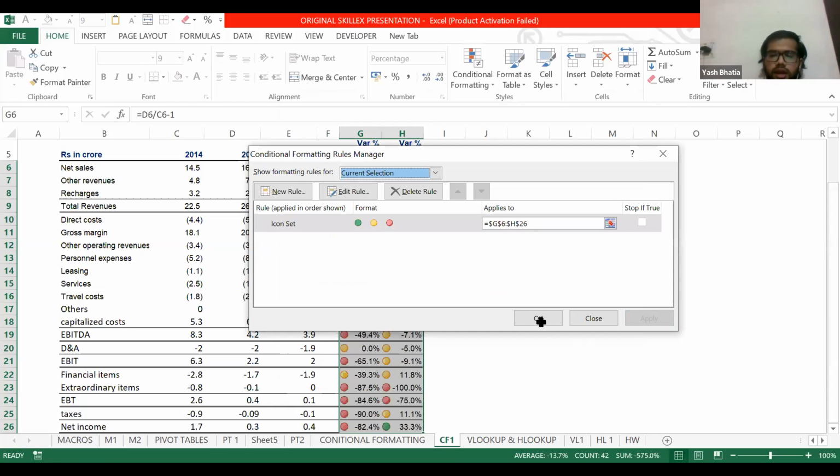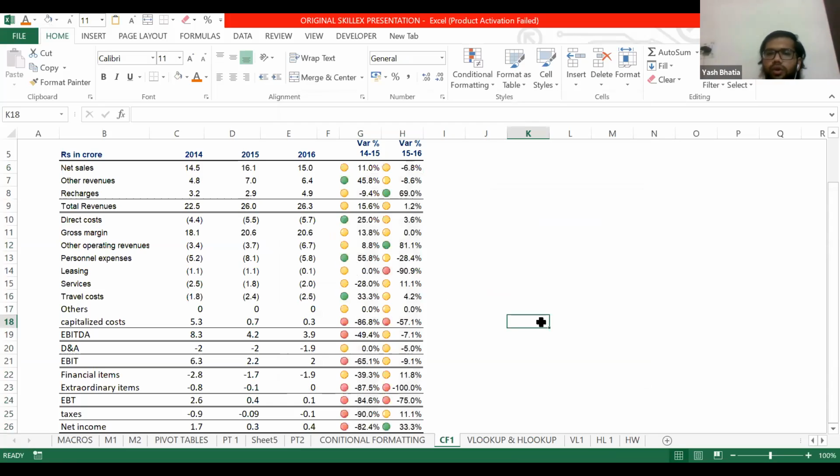If you look closely at this sheet, you will find there's a mistake. The rule is that a value greater than 67% will be green. But why is this value showing green? It's 45%. So there is a mistake. Let us understand why it's happening.